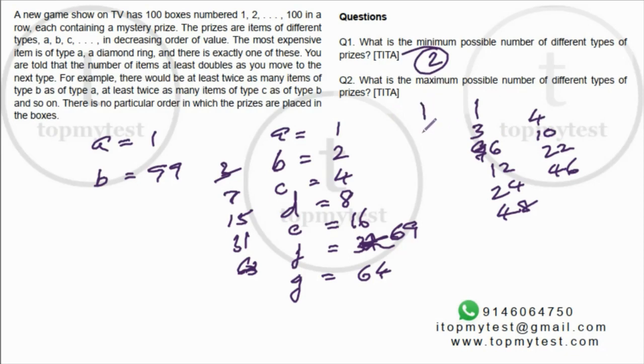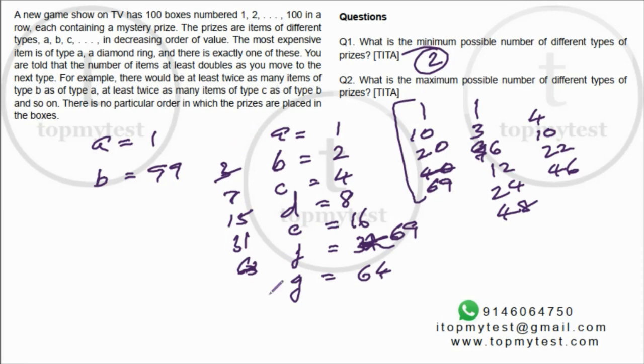If I take 1 and if I put B as say 10, next will be 20, next will be 40, next will be 80, not possible. So this will have to take the balance, 31. So this will be 69, right? This can be filled up in only 4 items. So as the value of B increases, the number of varieties of prices decrease.